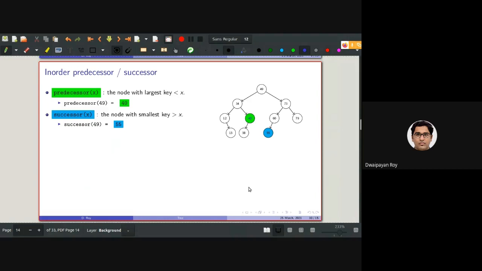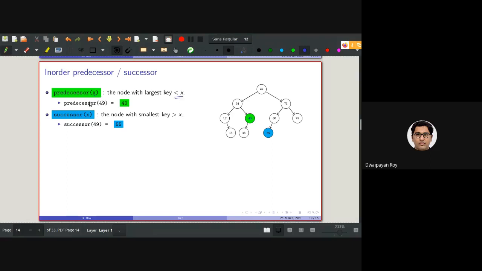Now, two very important concepts in a binary search tree are the in-order predecessor and in-order successor. The in-order predecessor of a node with value X is the node with the largest value less than X. Can someone say where this largest value less than X is stored?